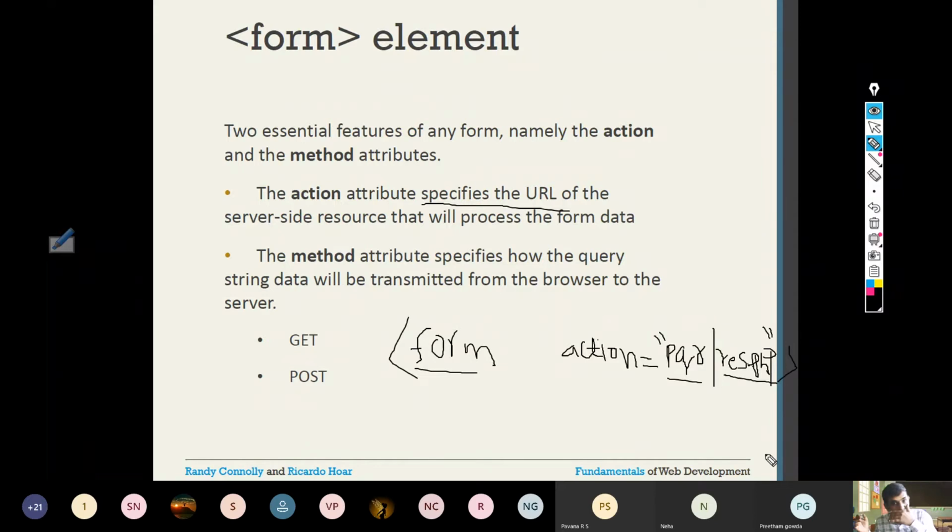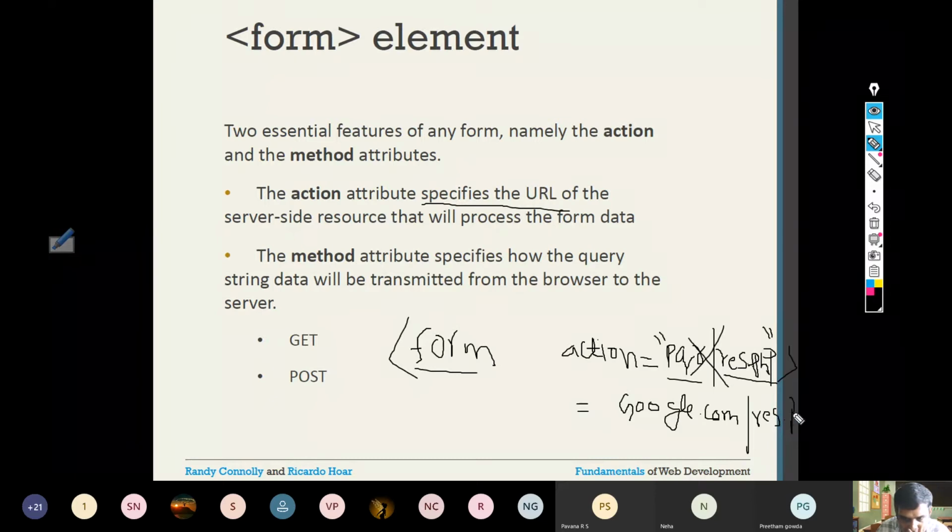So I am giving the URL or complete resource. So it's not necessary that I should do it. For example, I may also give an action. Action can be not necessary like this. I may say, go to google.com, where I give a URL, and I may say execute some-res.php or some other program maybe. So what does it say? That means it says that when you submit the form, go to this URL where you execute a program result.php